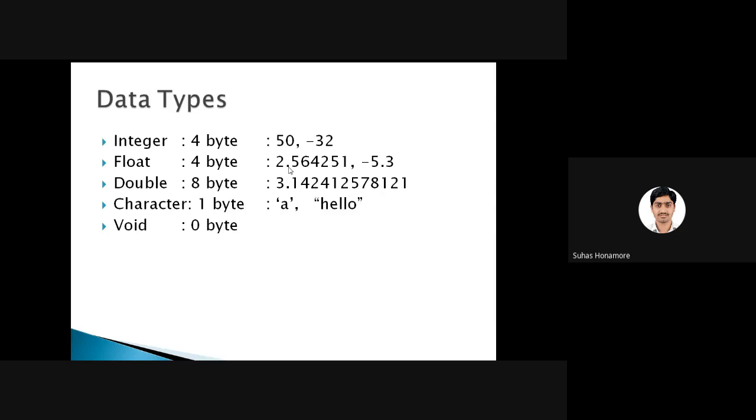So after the decimal point we have 6 digits here. Okay, so normally float will allow only 6 digits after the decimal point. For a double, you can give more than that. So whenever you want a more precise value, we'll use double. Okay, so it's holding 8 bytes, so a huge number it can hold. And after the decimal point you can give more digits also. If you want a more precise value, like the pi value, normally whatever you write. Okay, so if you are writing in detail like that, maybe 20 digits after the decimal point, you are doing more precise calculation, so that time you have to use double.